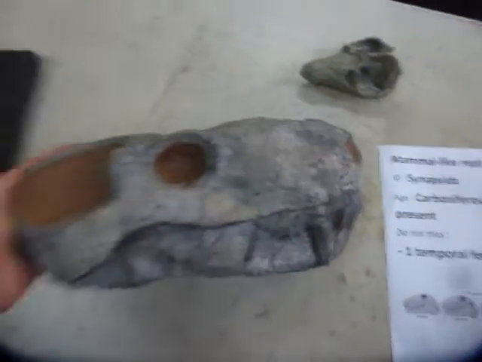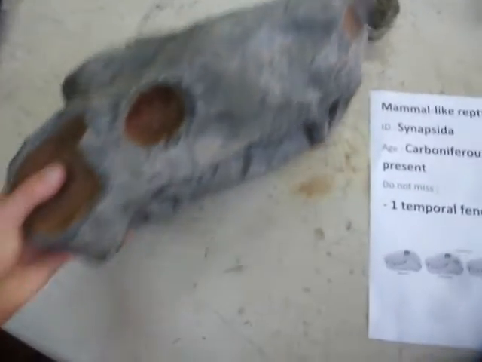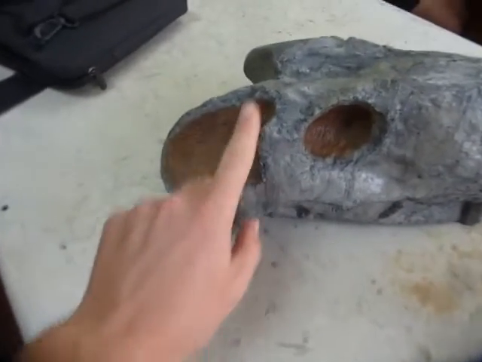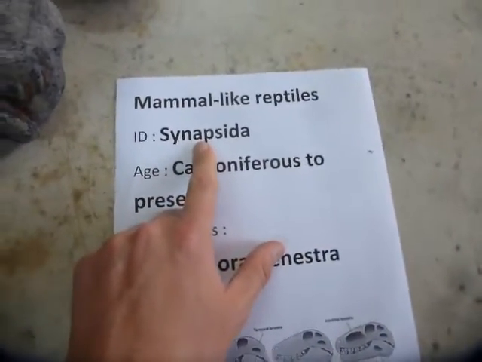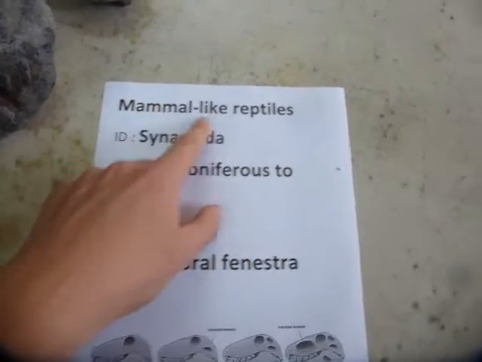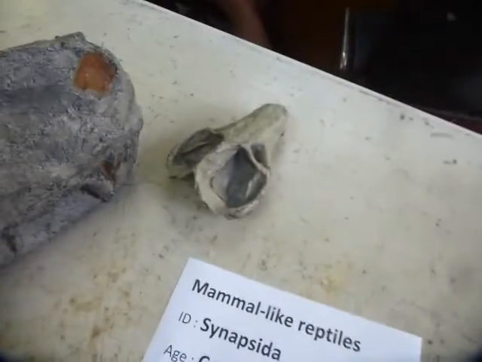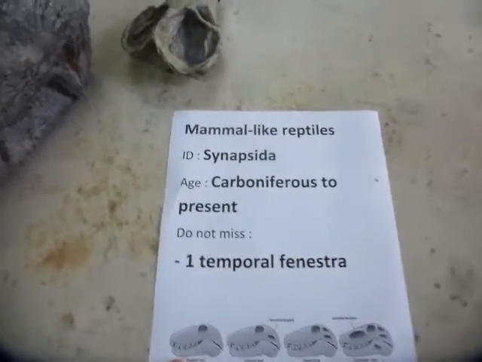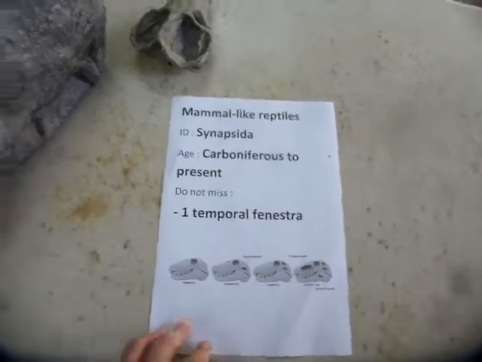So here you have a synapsid that is called the Gorgonopsian, which comes from the Hafrenate area in the Eastern Cape. And you can see the orbit is there, and at the back of the orbit there's only one hole. One hole at the back of the orbit means you're looking at a synapsid. We also call them mammal-like reptiles. Some of them were big, some of them were smaller, and they eventually gave rise to mammals much later in their evolution. They originate in the Carboniferous, and by the Jurassic they will give birth to mammals. So one temporal fenestra, synapsid.